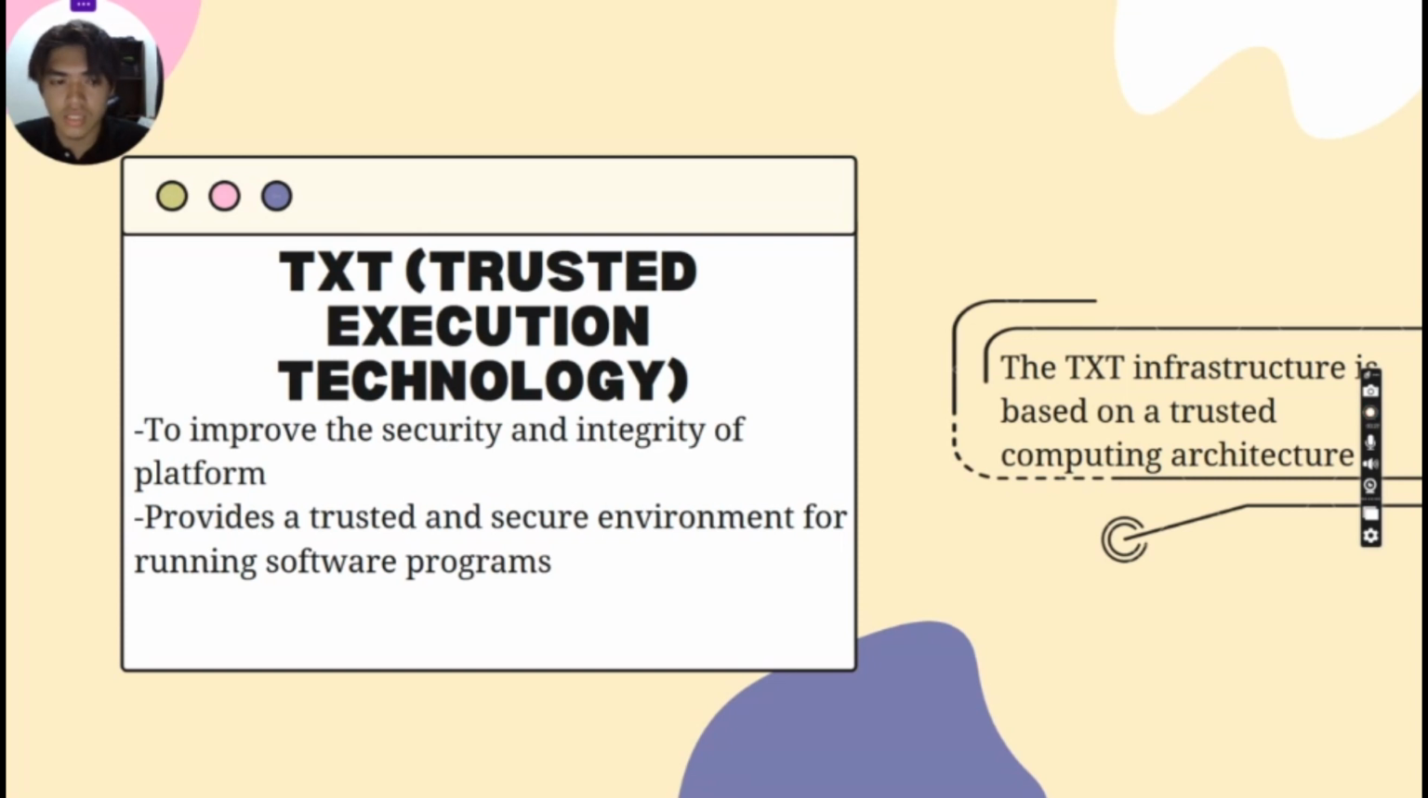It is a security technology implemented in the hardware, firmware, and operating system of Intel-based systems that provides a trusted and secure environment for running software programs. The TXT infrastructure is based on a trusted computing architecture, which consists of several components. These components are: